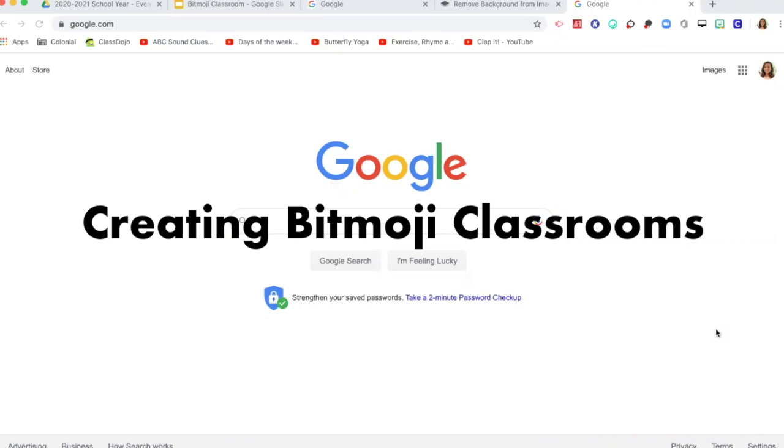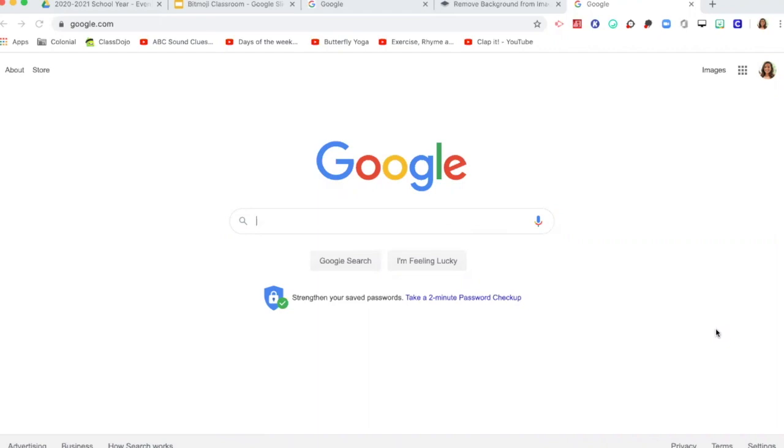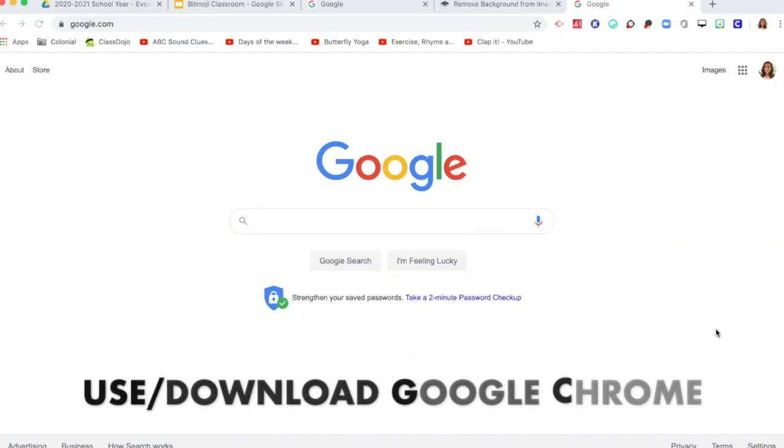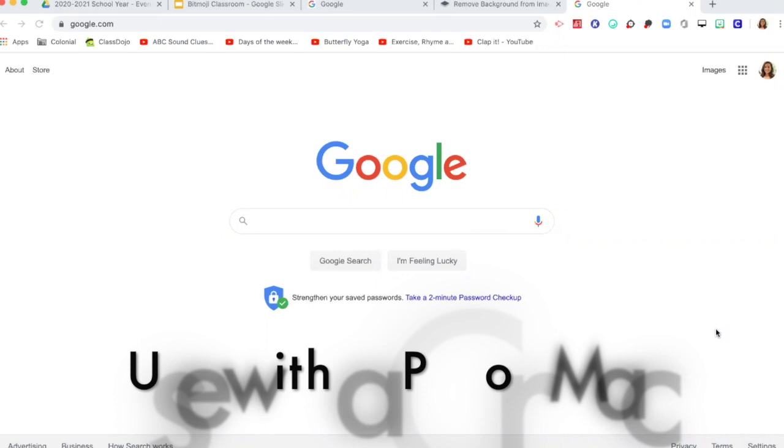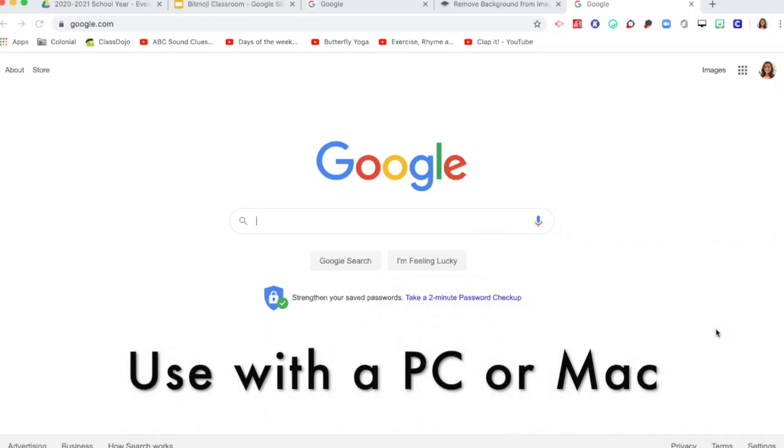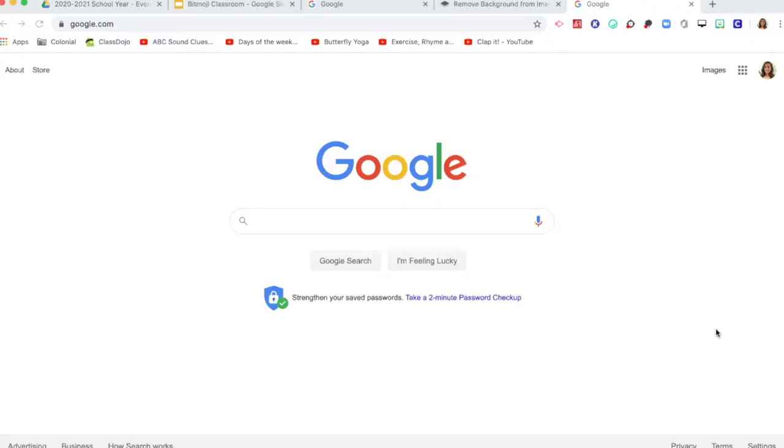The first thing you'll need to do is open your internet browser, preferably Google Chrome. If you don't have Google Chrome, no worries. You can go right to the Google Chrome website, look for the device that you have and you can download it for free. I'm using a MacBook Air and I'm going to be using Google Chrome throughout this entire tutorial. It should be noted that the tutorial is to be used for a Mac, a computer, or a laptop. I'm not sure if this works as smoothly if you use a device such as an iPad, a tablet, or